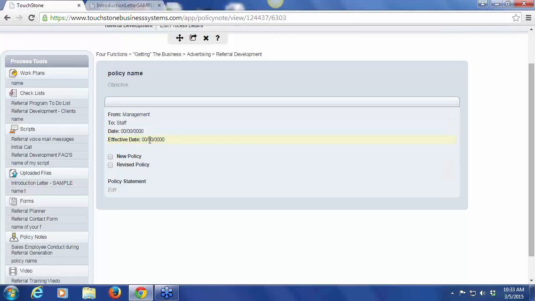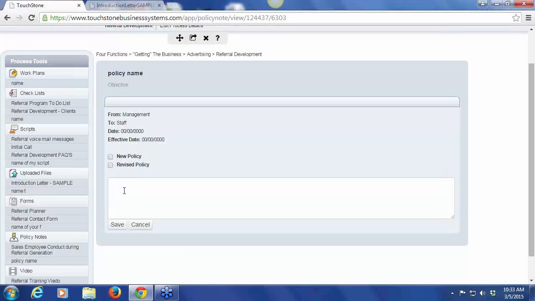Sometimes these can be the same if it's a simple policy. Other times, if it's something where you want the employees to go and check off that they agree to it, and they can do that in the control panel, which I'll show you, you might give them 5 days to agree to it, so the effective date would be 5 days from the date it was created. It can be new or revised,